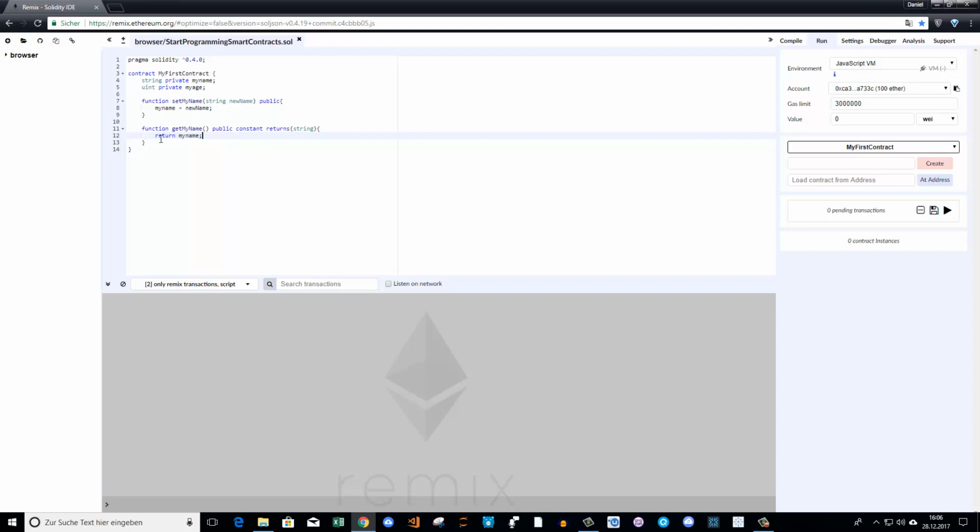So that's it actually for getters and setters, and I could do the same for my age. For now, I think that's enough. What I can do now is call this function. This function actually has an address now on the blockchain, and I myself, as someone who is interacting with smart contracts, also have an account